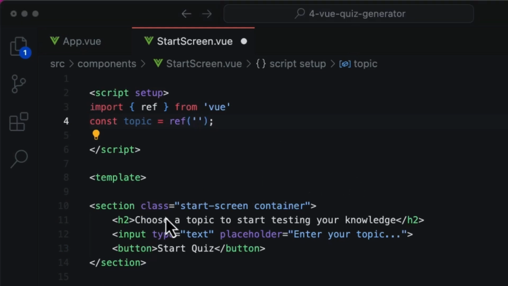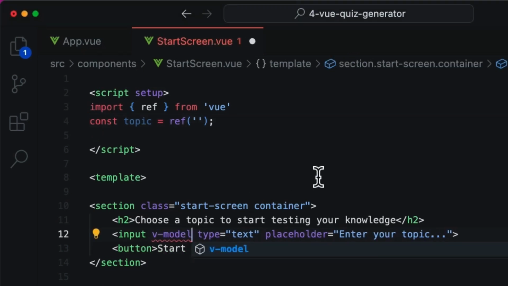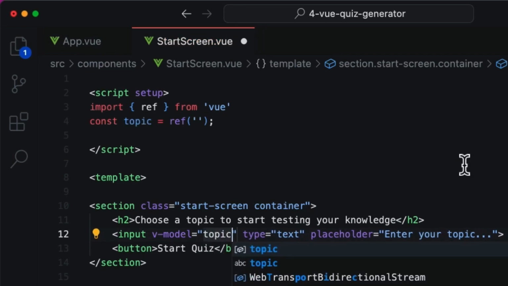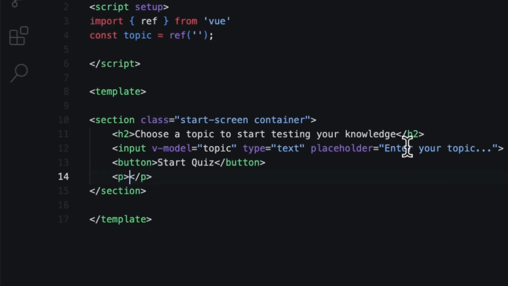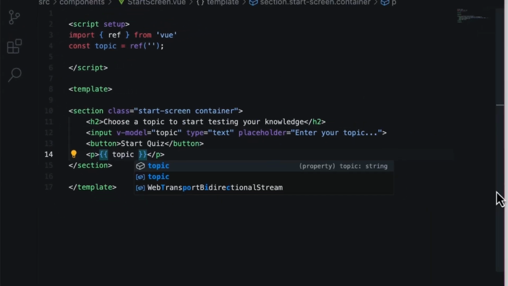Okay, now if we want to get the value of the input and send it to this variable, this is very easy to do in VueJS. We don't have to do it only after the button is clicked. We can actually add the v-model directive and set it to the topic variable. So just to make a quick test, if we have a p tag down here and we use the double curly braces to use one of our variables and we output the value of topic, if we save this now,